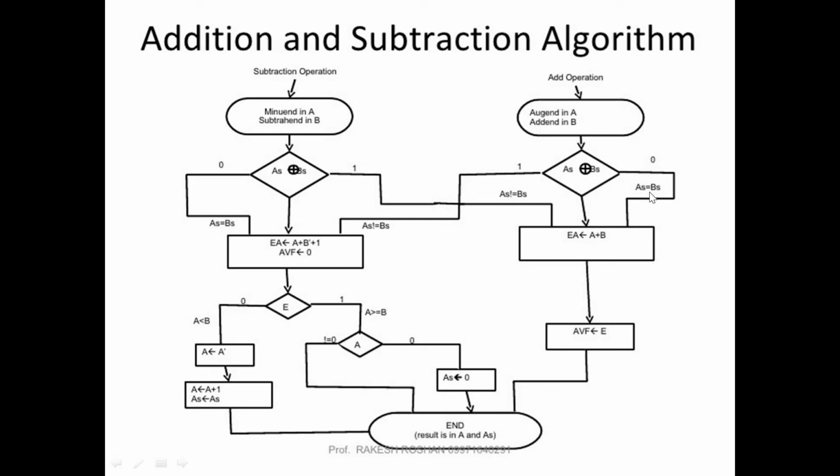If AS equal to BS, the cursor goes to this addition operation block. So here A plus B is added and the result is stored into the A register, and if any carry is generated, that carry is stored into the E register. Once again I repeat, the same operation. If you want to add these two register values A and B, AS is the sign bit of the A register and BS is the sign bit of the B register. So with the help of this XOR operation,